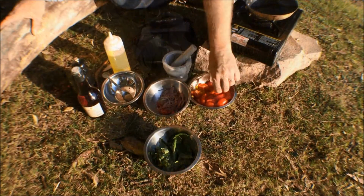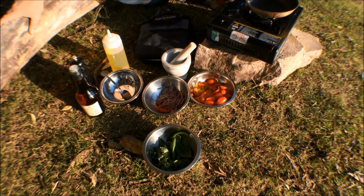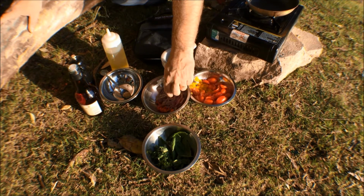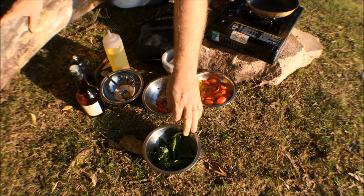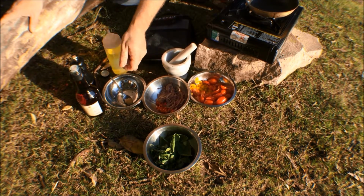I've got some little egg tomatoes here, mainly for sweetness. They're a lot sweeter than your normal tomatoes that you can buy. Also I've got some yellow capsicum, some red onion, some hot chilies, so these are little bird's eye chilies. They're not the long chilies I normally use, so they've got a bit of kick. Also I'm going to be using some basil and some chopped up coriander, a little bit of garlic,